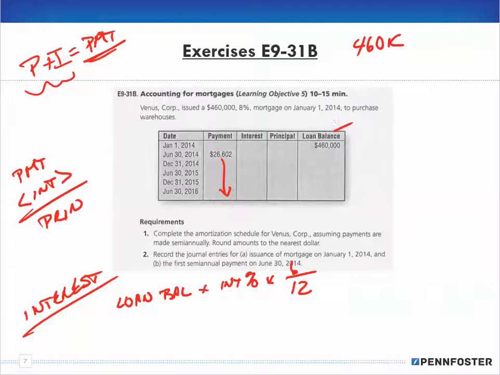We know the loan balance. So we calculate the interest, and then we subtract the interest from the payment in order to get the principal. That's amortization. You should already know how to do this. If not, go back, especially in your math for business and finance. This here is not anything new. All right, so in this case here, we have 460,000,